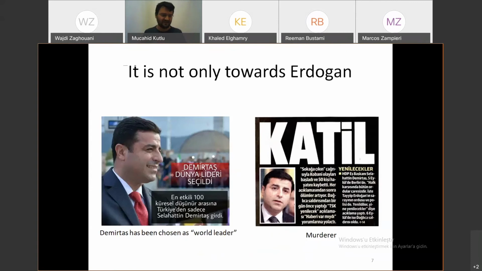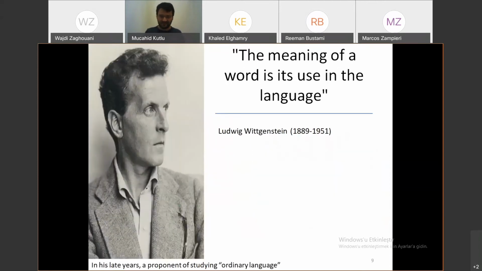But actually, it's not only about Erdogan. When we look at other political figures and other topics, we also see that. For example, on the left, the person you see is the leader of the Kurdish party, Selahattin Demirtas, and they say that he has been chosen as war leader, while the one on the right,